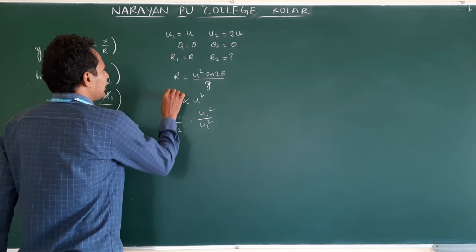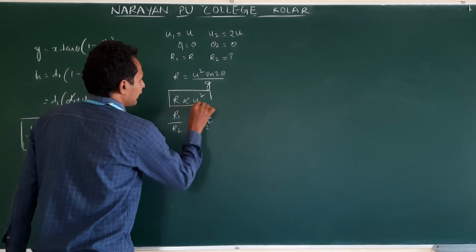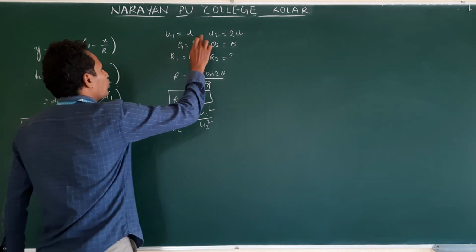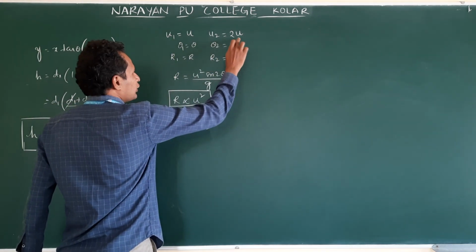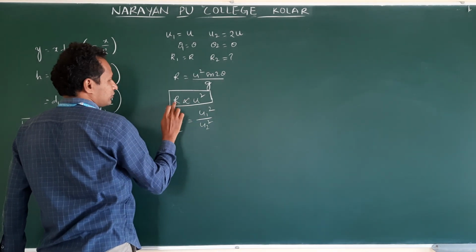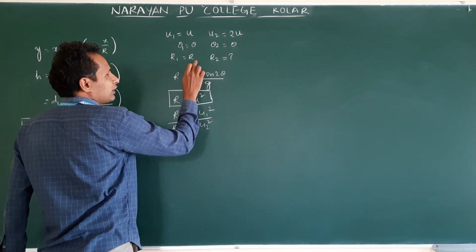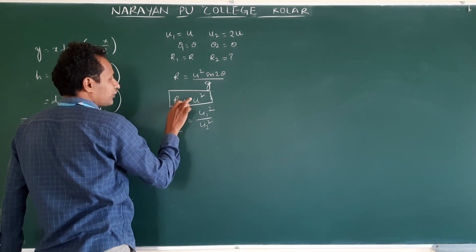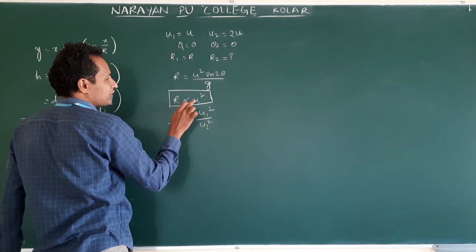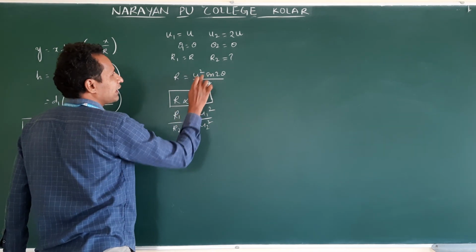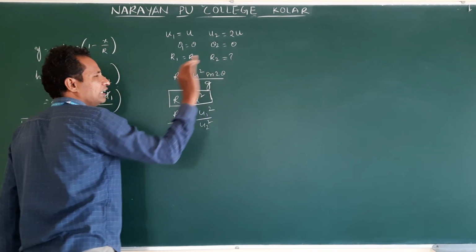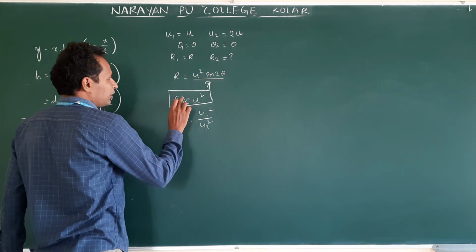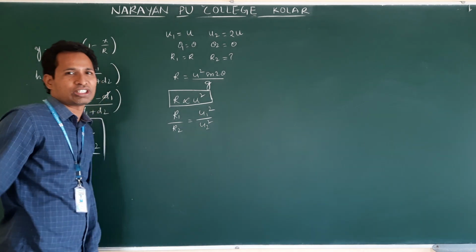In this formula, how did I write it? This is the question. According to the question, only one physical quantity is changing, so I relate this equation. The range is related to the changing physical quantity. How is it related? Directly proportional. The remaining quantities are all constant, so in the ratio they will be cancelled. Clear? So this kind of framing of formulas depends on the question.